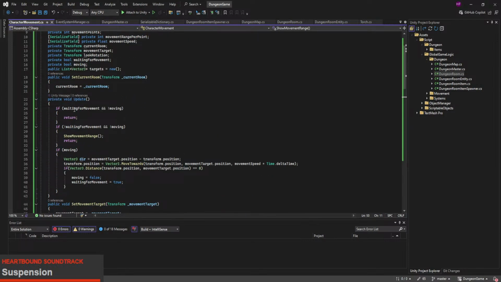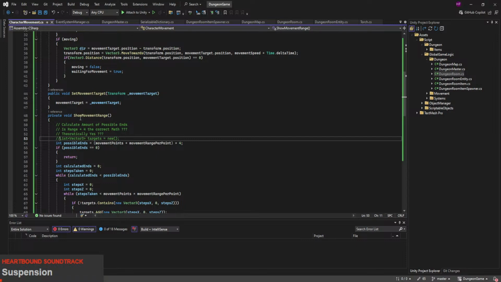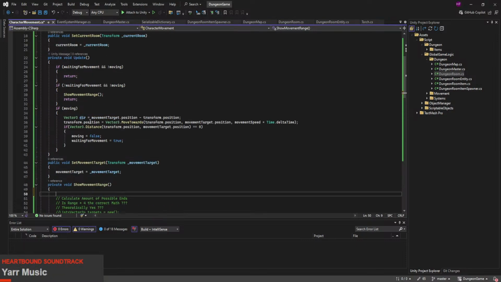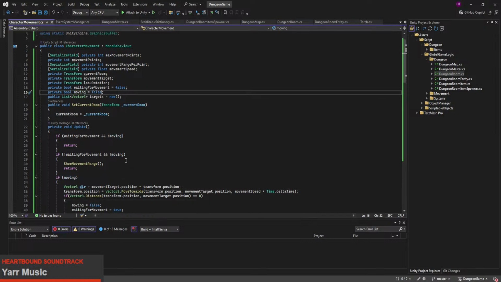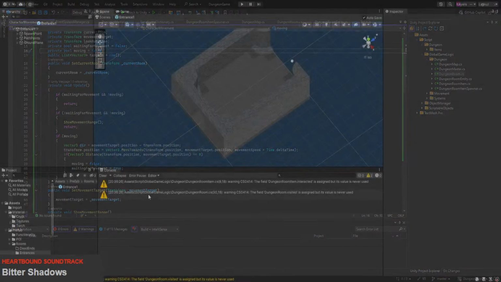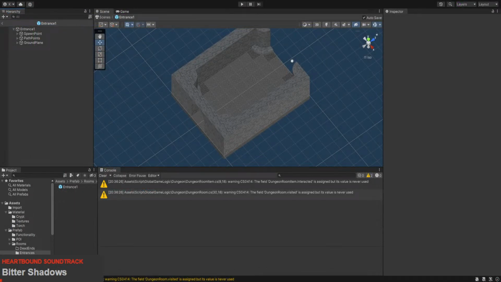And since that one is in the update loop, I will, on the first line, set waiting for movement to true. Over here it will be default false, well, it will be default null, so just to make sure, this one will be false and this one will be false too. And now if I run that script,